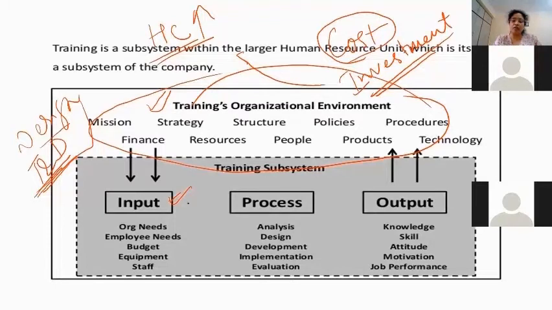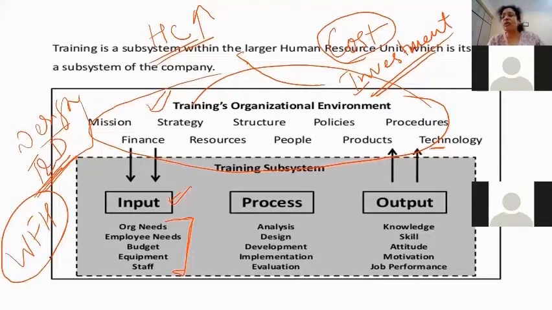In input, all these needs, wherever you will see them. Suppose your organization changes the technology. Let me take the example very prevalent nowadays, work from home. It's not easy just to say work from home, right? When you think about work from home, a lot of issues are involved in it. A lot of people are not skilled enough to work from home. Secondly, people don't have technology to work from home. Even if you have technology, you don't know how to use it. You are not efficient in using it. You don't know how to come across the glitches, right?